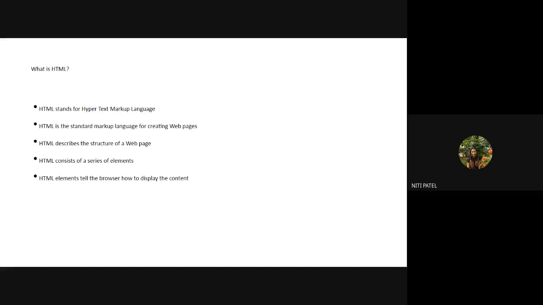So now what I as a user will be doing is learning this HTML language, using the elements of the HTML language, and then asking a browser to display that particular programming in a content form. Okay, how is this going to happen? We will see by using one simple example. For now, just remember that HTML stands for Hypertext Markup Language. It is a language used for creating web pages, and it has some structure which we have to follow. That structure includes various types of elements. By using those elements, we can design a web page, and then we can display that web page on a web browser.